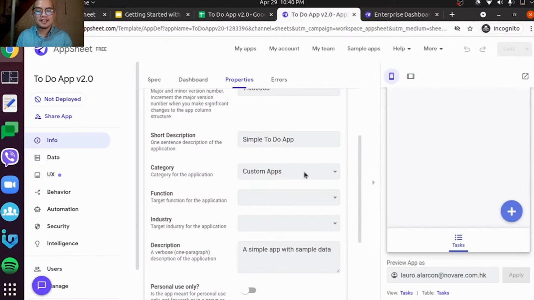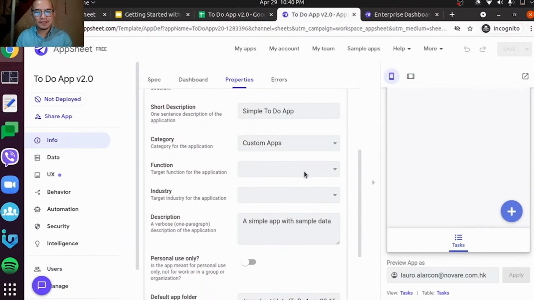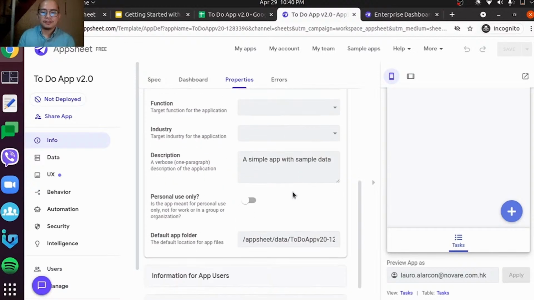Okay? So, makikita rin natin dito yung category. Ayan. Yung ating app. And then yung function. And then yung industry. So, kung mapapansin nyo kanina, yung industry and function, AppSheet, we can also make our app public or gagawin natin siyang isa sa mga template doon made available so that other developers or citizen developers can also learn and copy if gusto natin. Okay? And then, nandito silang lahat, yung description and all, and yung app default folder. So, itong app default folder, since ginagamit natin yung Google Drive, so, let's see itong path na ito, okay? Kung saan niya sinasave yung ating application or yung mga ina-upload natin na image or files dito sa ating application,